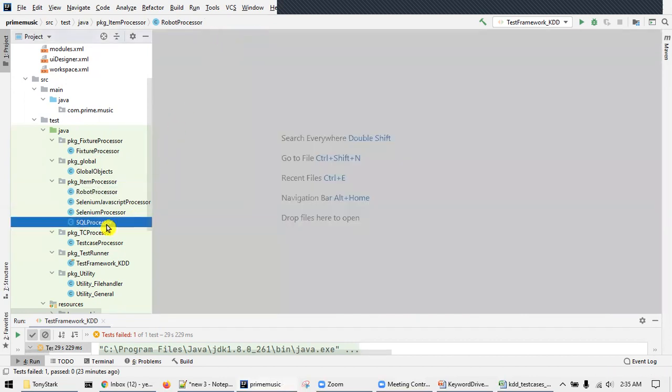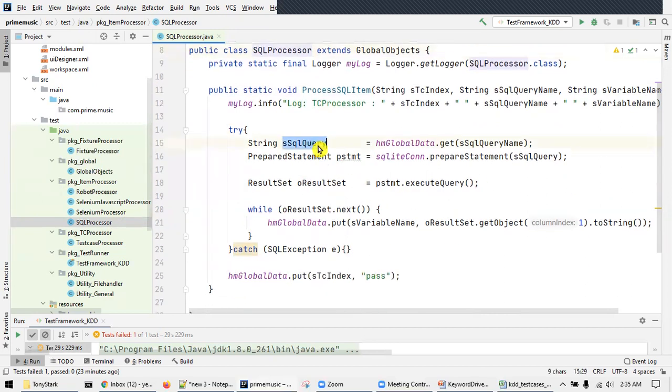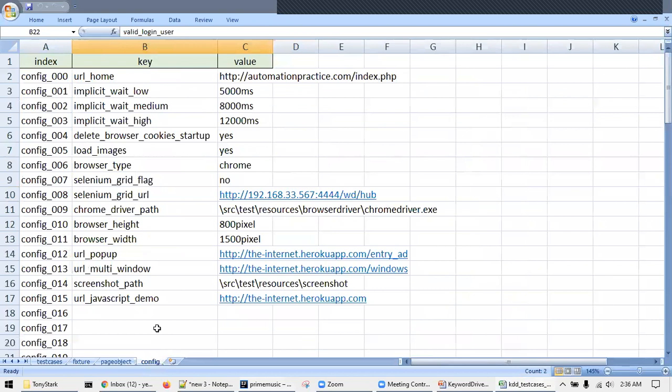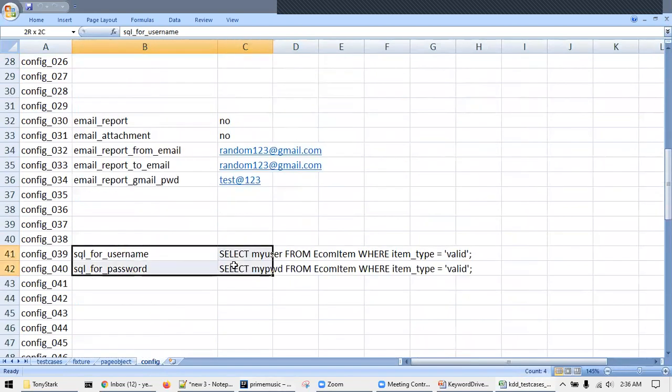Okay, and now finally we have the SQLite or the database processor. So obviously this is a specific implementation for SQLite and for a specific business requirement in the test case. This may vary as per your test case, right? So what I'm doing, I'm passing a query. I'm passing the query name, basically a key value pair. So if you see here in the config section, these are the SQL queries which I want